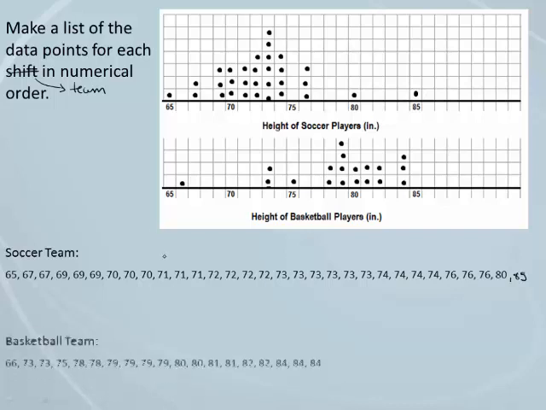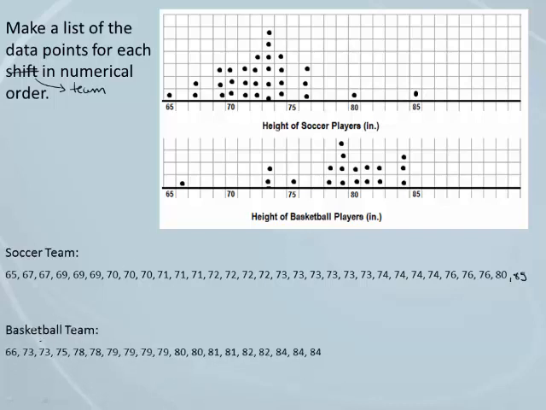And then for the basketball team, we have a 66, two 73s, a 75, two 78s, four 79s, two 80s, two 81s, two 82s, and three 84s. Okay, gotta keep adding that 85. All right, so